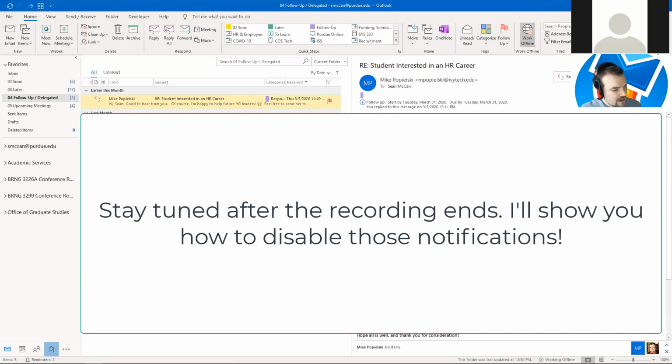Okay, I don't have time to do this today. Can you show how to disable those pop-up notifications? Send me an email, say, show me how to disable pop-up notifications. And what I'll do for you all is I'll record a video and put it up on YouTube that shows you how to disable those pop-up notifications. I don't have time to cover it for the rest of today's session for the interest of time, but I will cover that. So send me an email,